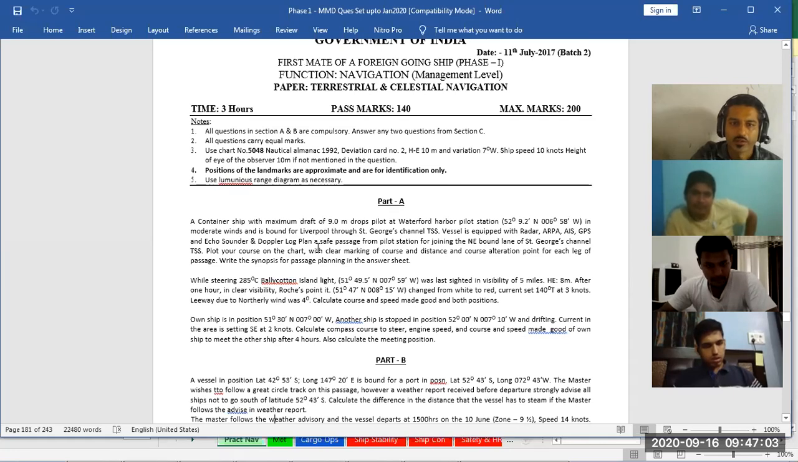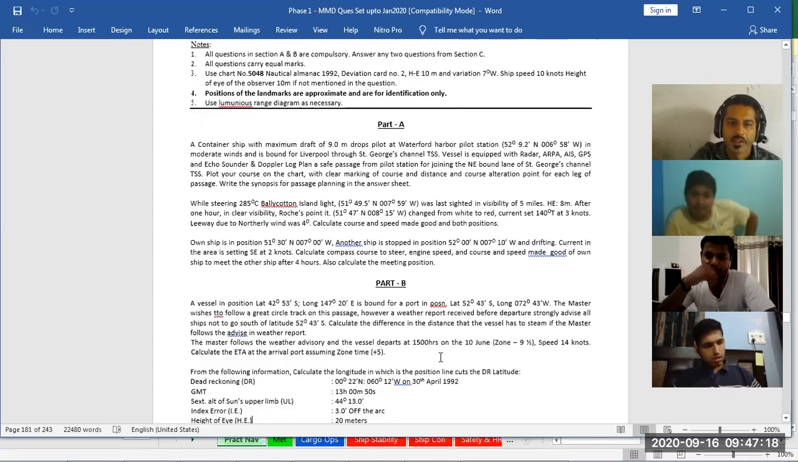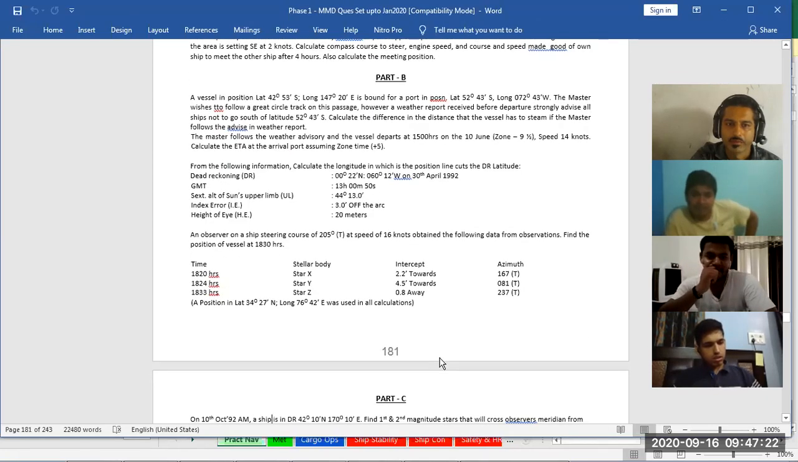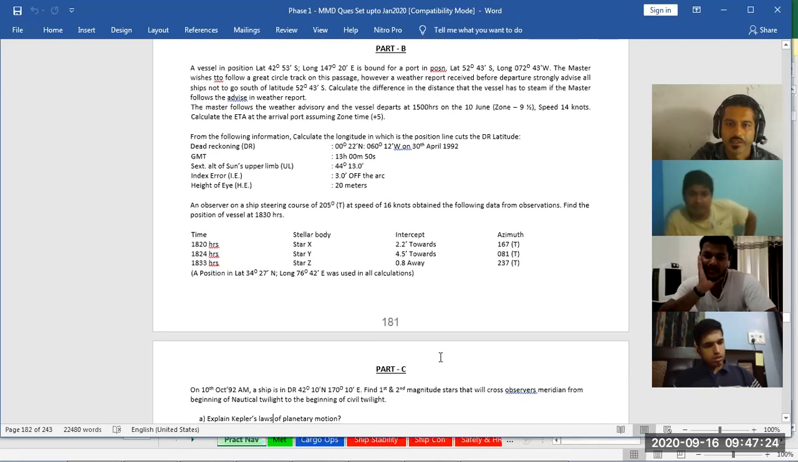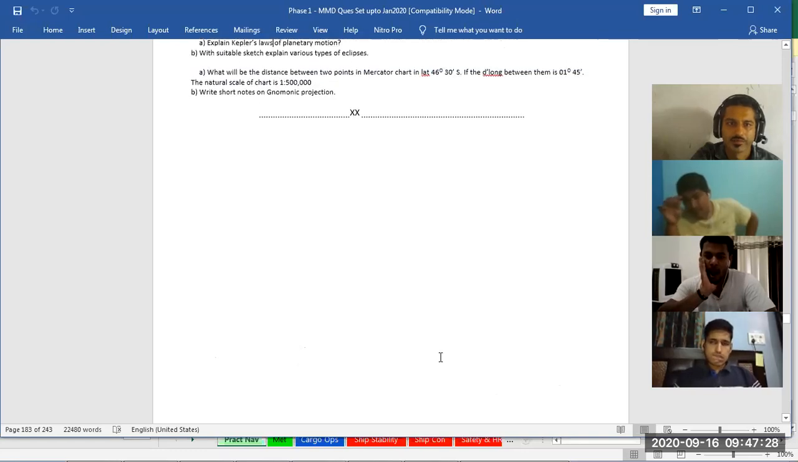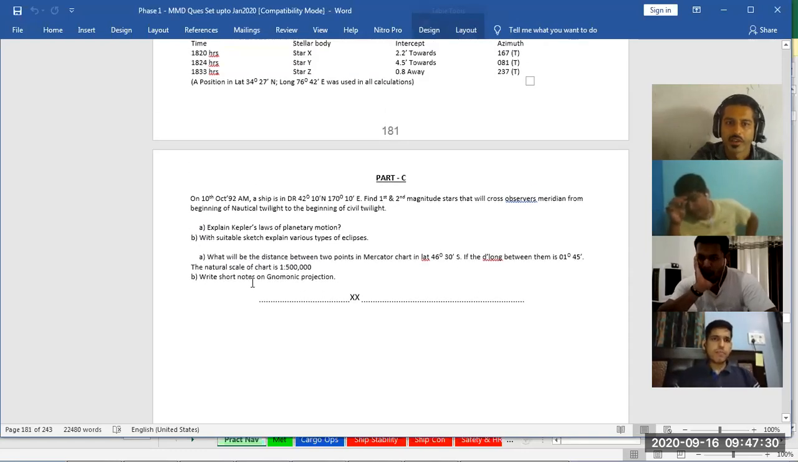So these are different questions for chart, two questions for chart work and one for passage planning, or from chart work also, so the format can be changed. Then with great circle and plane passage sailing, Mercator chart and mnemonic projections, then celestial navigation, and sometimes you can have theory questions here also with Kepler's laws and